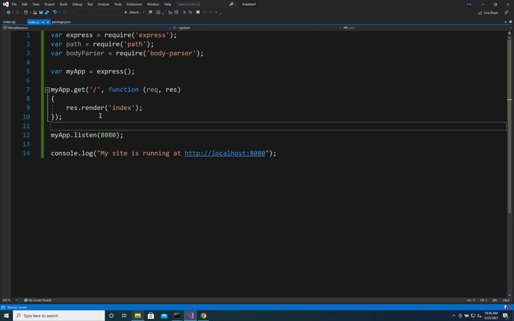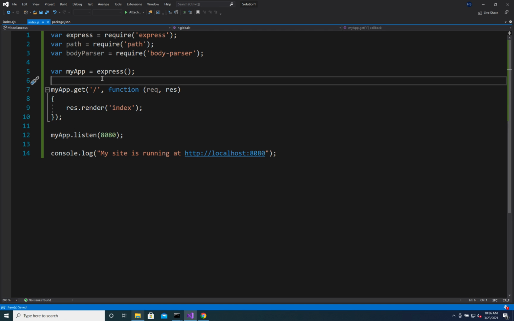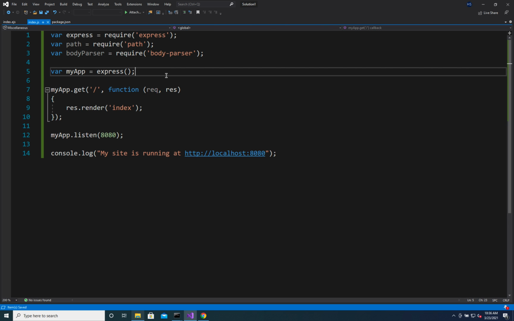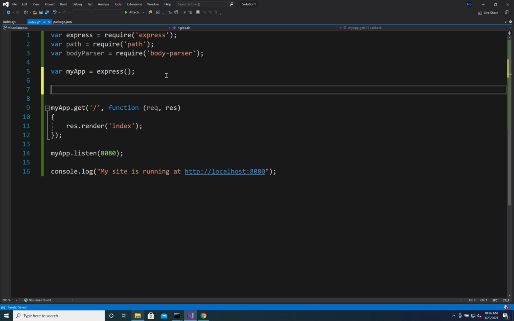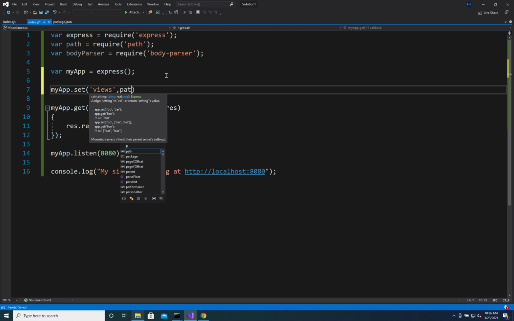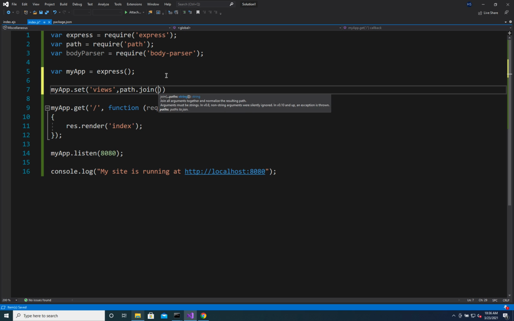Okay? But we have to tell our program that we want to use EJS as the engine, our rendering engine. So what we have to do is just set up a few items. This is on slide 19. So we're going to do set views, path to join. And again, I went into more detail